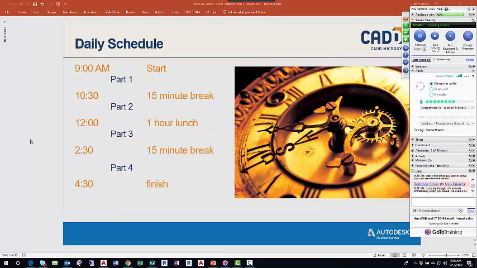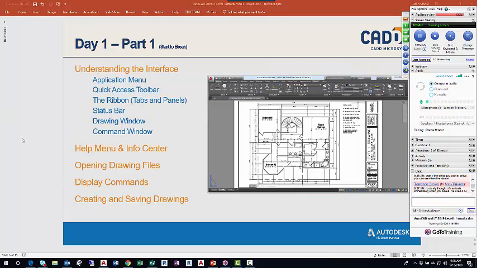So here we are, a little after 9 a.m. We're starting session one, or part one of day one. I'm going to talk about the interface of AutoCAD, some of the features that we use in AutoCAD, the application menu, the quick access toolbar, the ribbon,